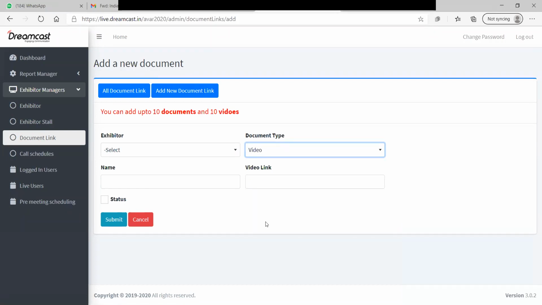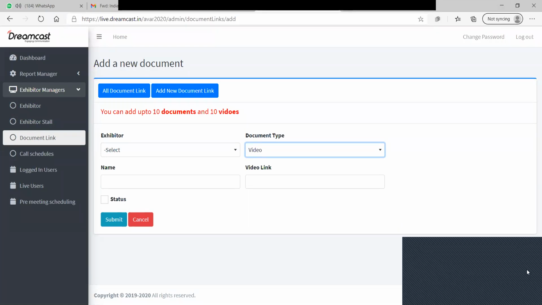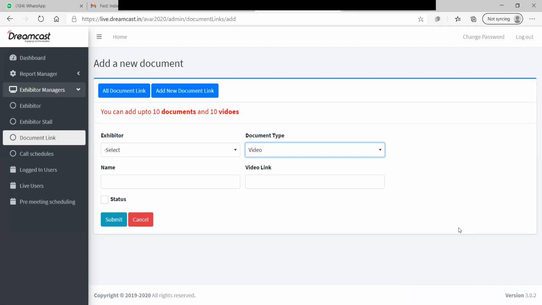Are these 10-second videos? No, these are not 10-second videos. Those are the videos shown inside the hall during the scientific session. The timing here can be anything; you just have to provide the link. If the video size is more than 10 MB, will it accept? Yes, it will be accepted, because at the backend you are providing just the link, not the video. Fair enough.